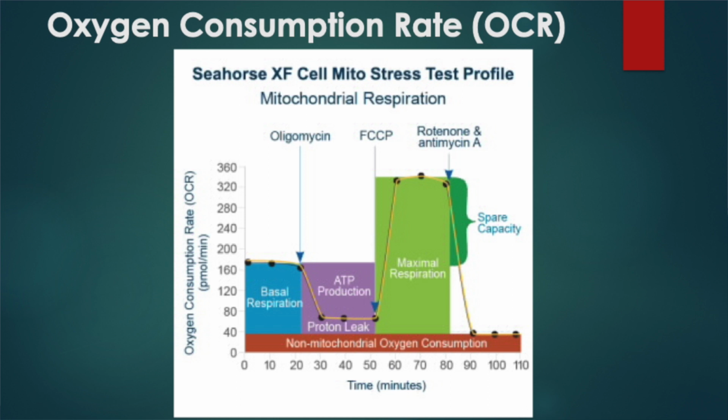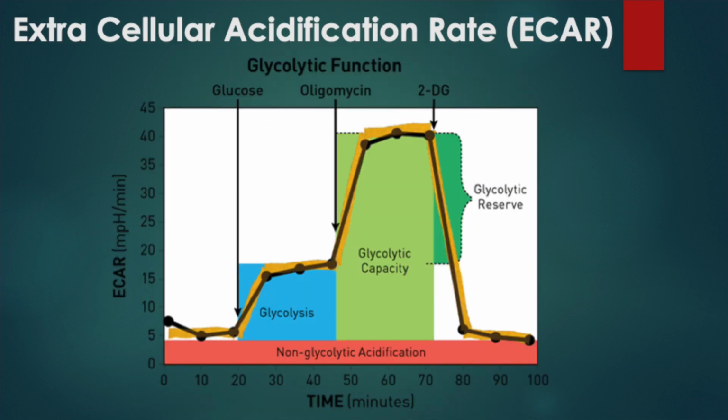So how does this instrument work? Two modes of this instrument can be used. The first mode is called the oxygen consumption rate, or OCR. We can call it OCAR, and the other one is the extracellular acidification rate, or ECAR. ECAR gives us a measure of the acidity of the extracellular matrix, and this acidity is caused by the secretion of lactic acid. Lactic acid is produced by glycolysis, and this lactic acid is measured by the change in pH or acidity. So that is what is called ECAR, or extracellular acidification rate.